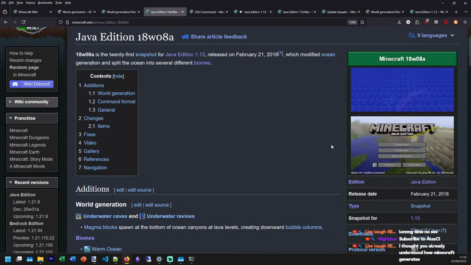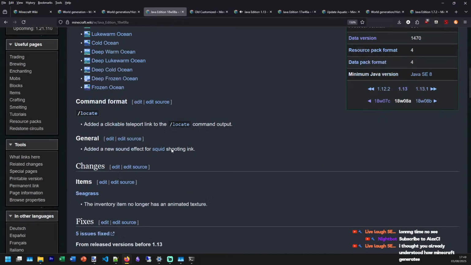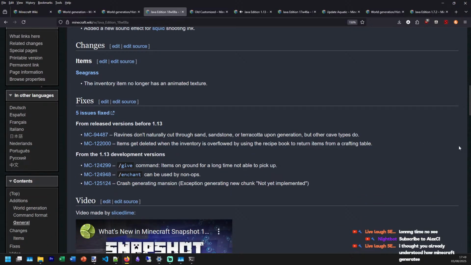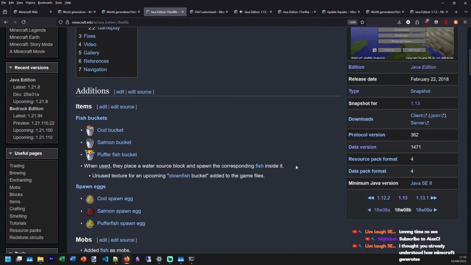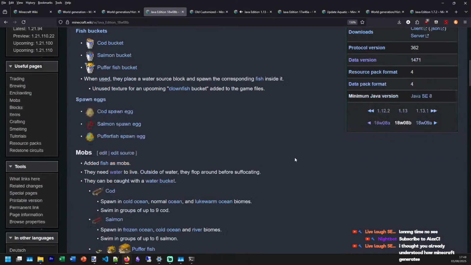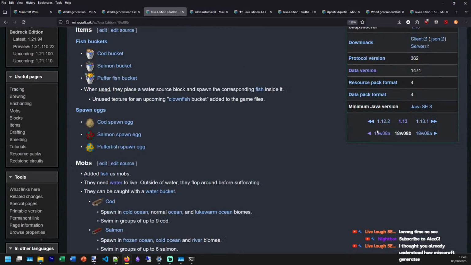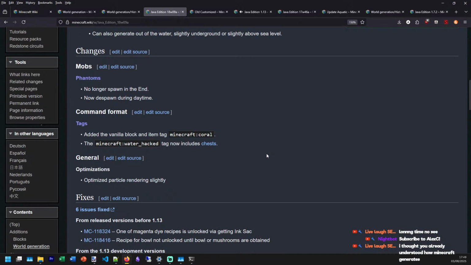And that is the water biome. Fish. Oh my god, phantoms used to spawn in the end.